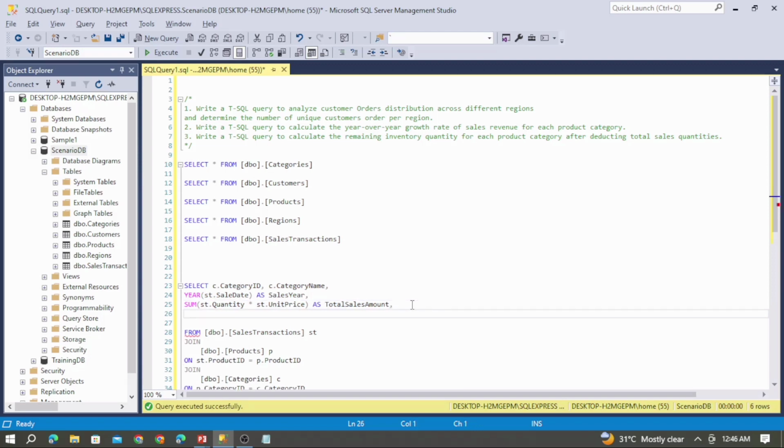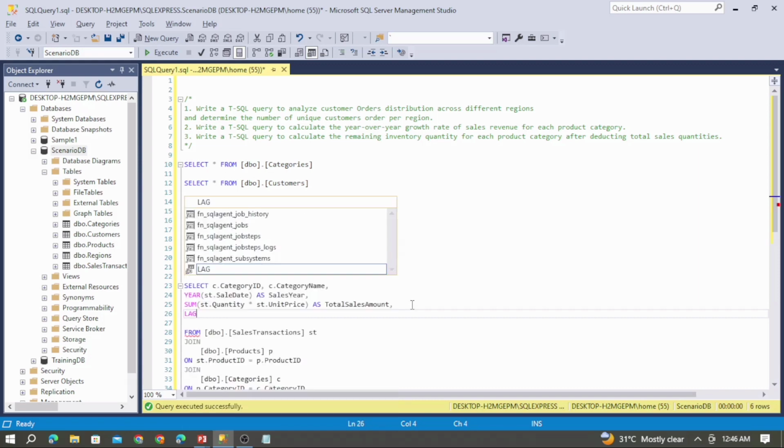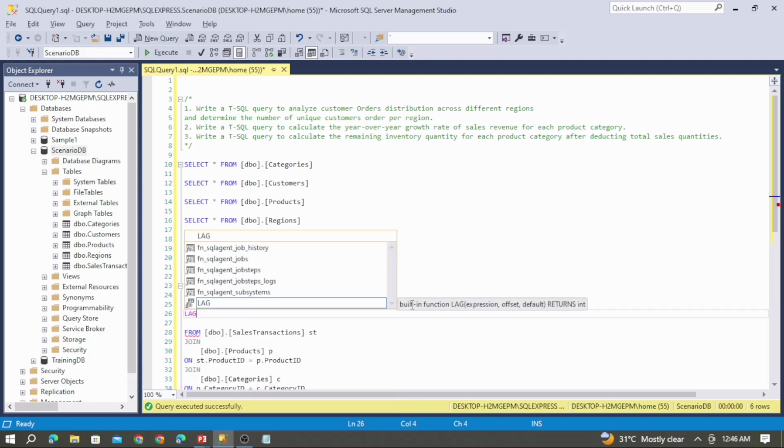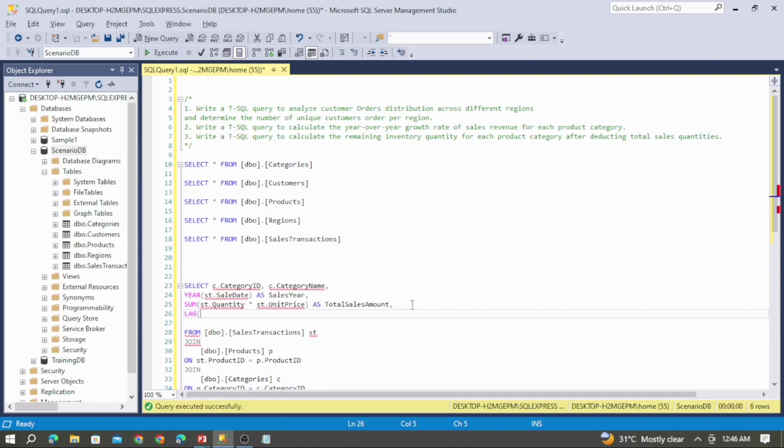So here we can provide the lag function to find the previous year sales amount. So inside this lag function let me pass this total sales amount which we have calculated already, and I am going to lag this with 1 year, and let me provide the over clause, over of partition by. I am going to partition the value based on the category name. So let me provide the c dot category name,